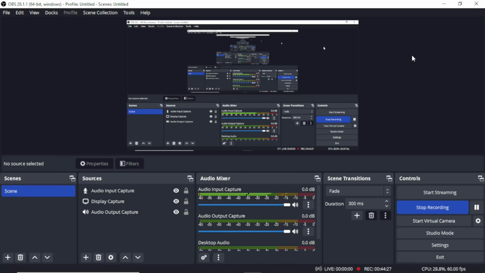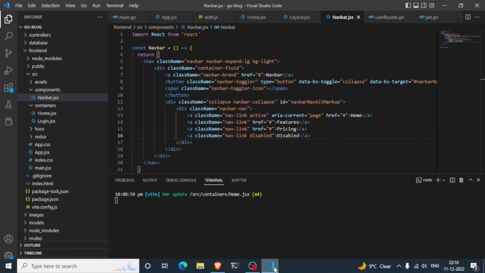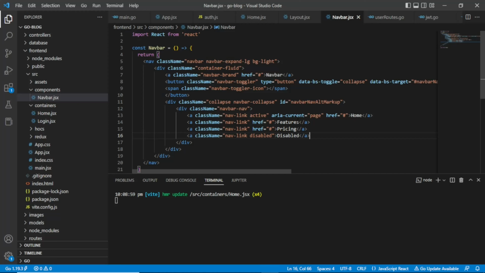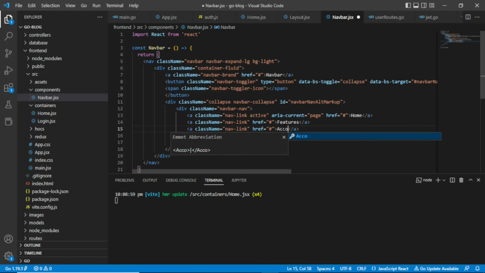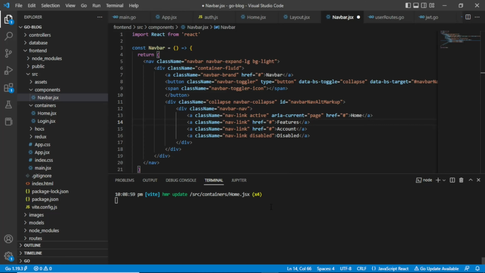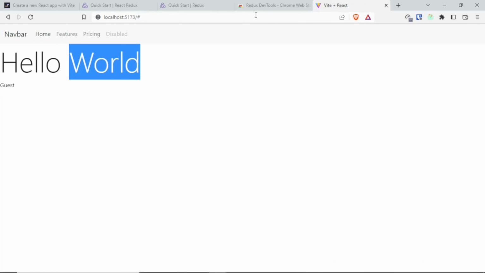Preview for the next video. So I will be giving preview for the next video from now on. So in next video we will be creating conditional links. So if you're authenticated, you will be seeing your account here. Instead of pricing, you will see account and blogs and all that. But if you are not authenticated, then you will be seeing login and logout. In next video we will be adding login and register page,